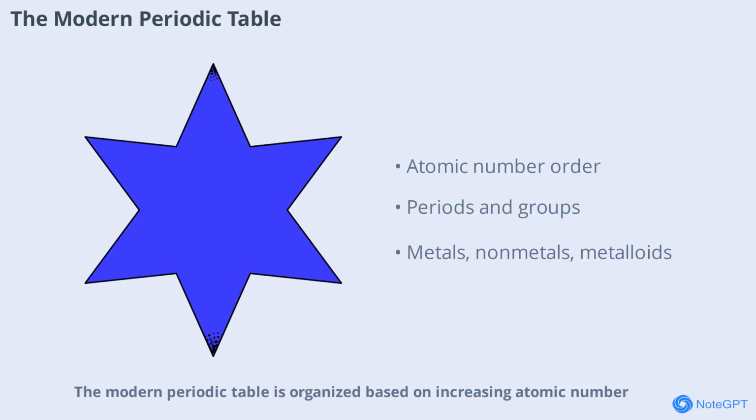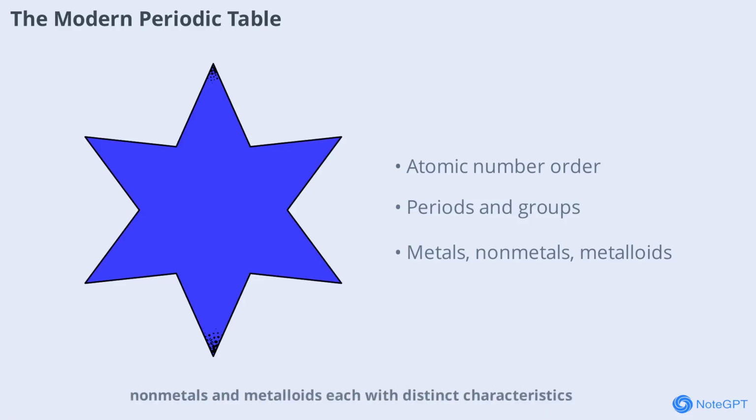The modern periodic table is organized based on increasing atomic number, which reflects the number of protons in an atom's nucleus. Elements are arranged in rows called periods and columns known as groups or families. This systematic arrangement allows us to observe repeating patterns, or periodicity, in the properties of elements. The table is divided into metals, nonmetals, and metalloids, each with distinct characteristics. Understanding the layout of the periodic table is the first step in grasping how and why properties change in a